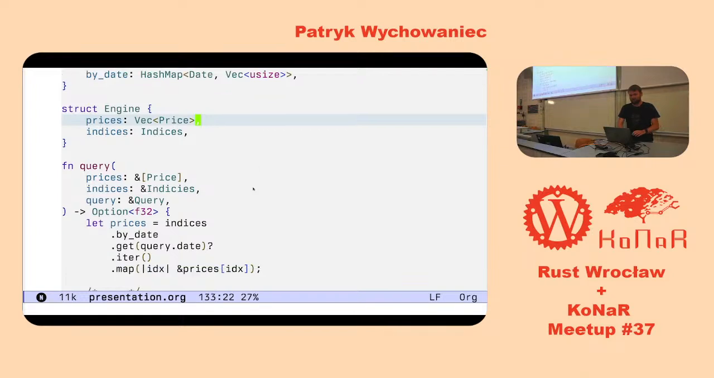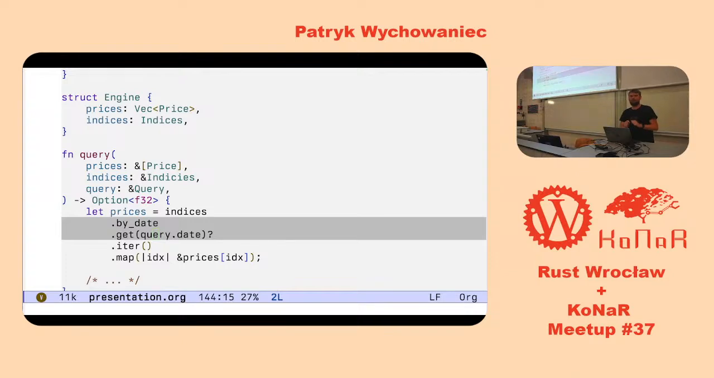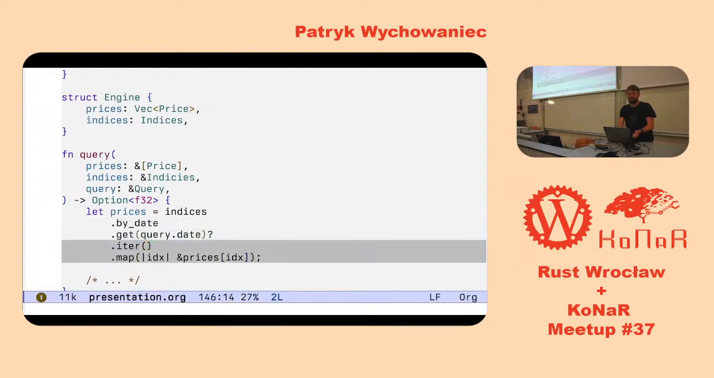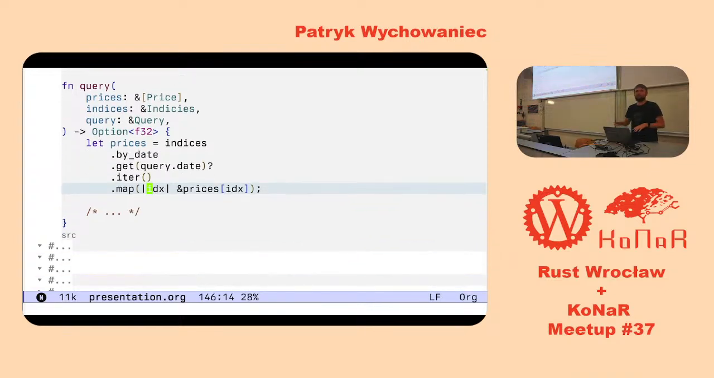And then the code for querying is not too complicated. Instead of going to the prices directly, we go through indices, find the prices that match the date we've got at hand, and then map those indices to actual price objects. And this was fine and dandy. This was working this way for a couple of years, actually. But this poses a very serious RAM issue. That's not really obvious at first sight, but